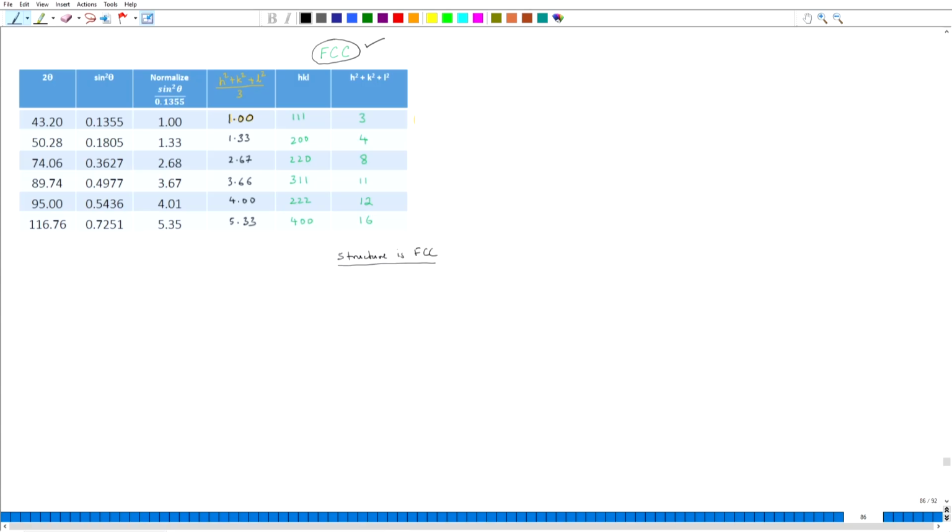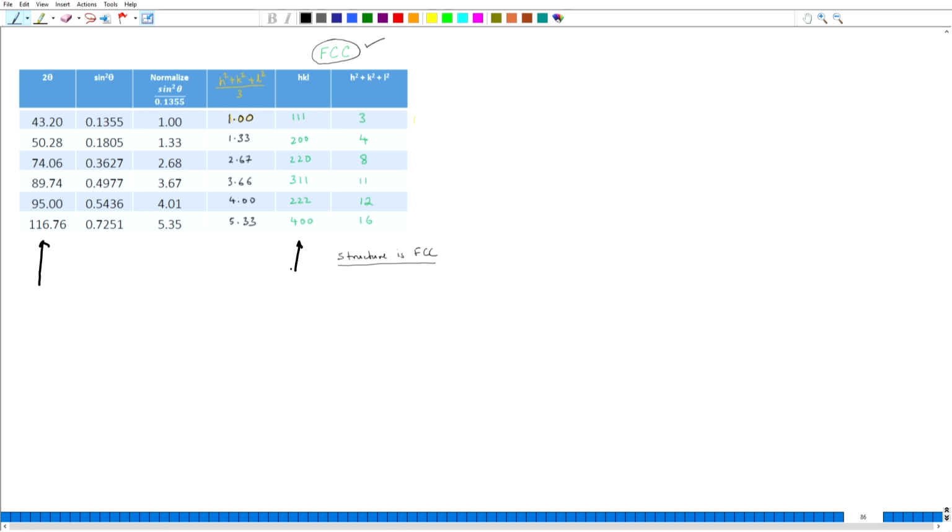In the last lecture, I had taken actual data from an X-ray diffractometer to analyze the crystal structure of a material. I have just recopied this data here. These were the 2 theta values, the scattering angle values taken from the X-ray diffractometer data, and from there we analyzed the structure to be that of a face centered cubic material. And for the peaks at which these 2 theta values are occurring, we also indexed those peaks and determined what should be the HKL indices for those peaks.